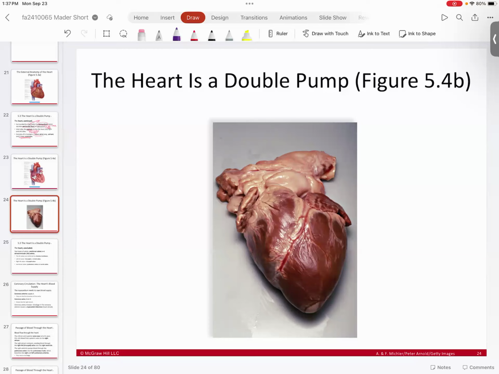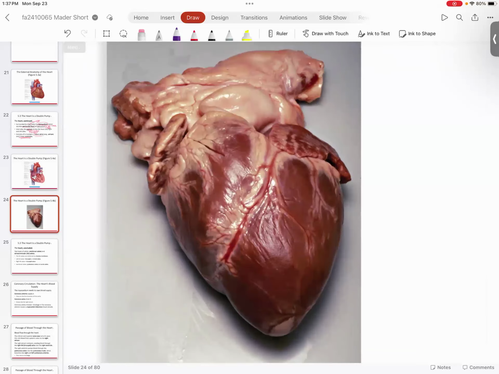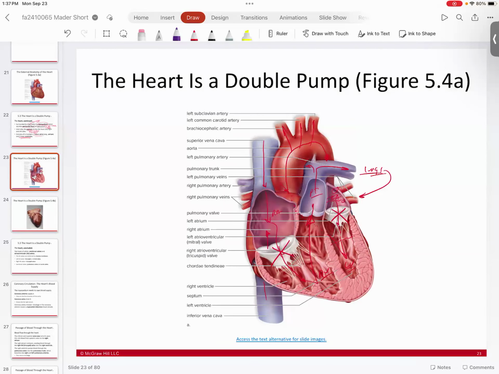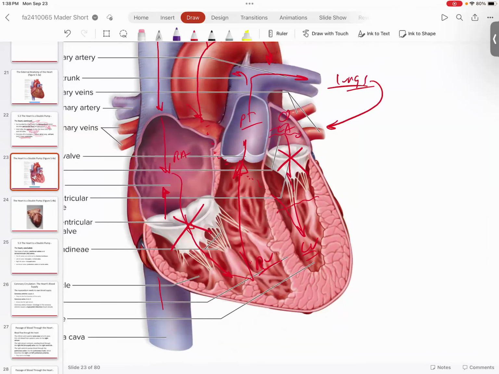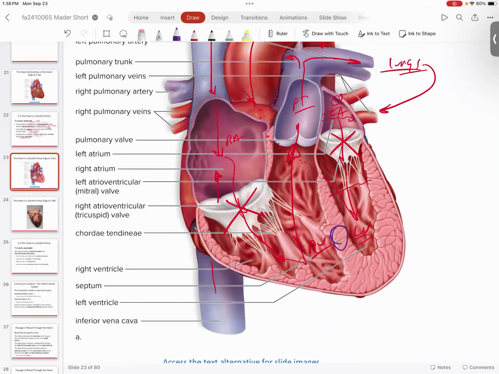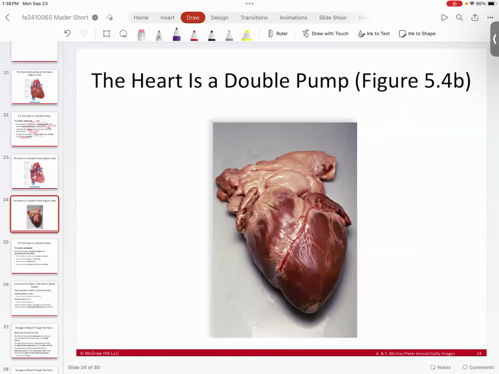Okay. As a matter of fact, this guy right here, this big diagonal one, is actually mirroring. If you take a look at our heart picture, you'll see this big old piece of muscle right here. That is your interventricular septum. That separates the two ventricles into two chambers. That's like the wall between the two chambers. You also have an atrial septum as well, although it's a lot thinner. But the reason why I mention that is because this guy right here